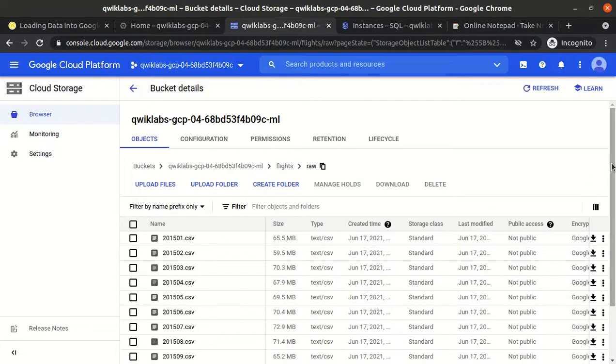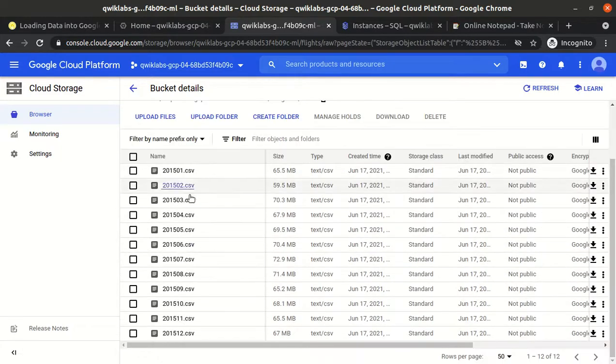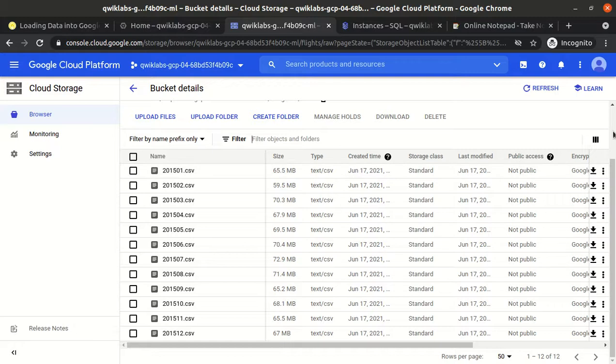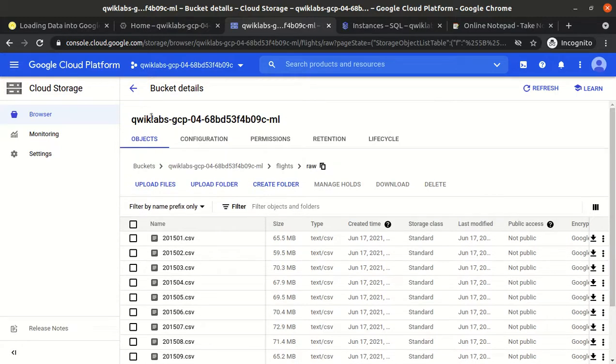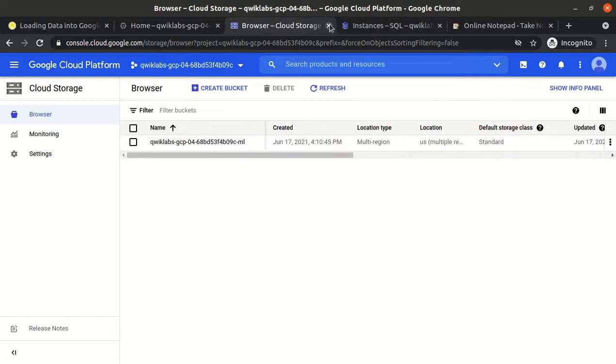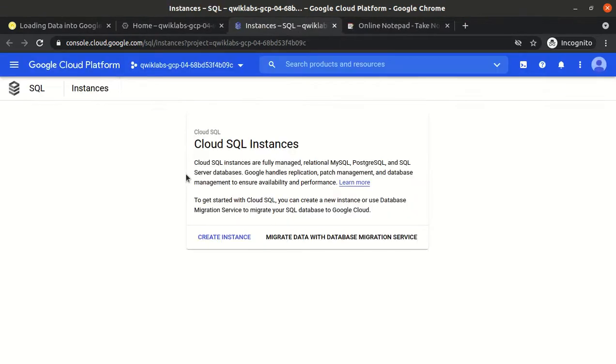As part of this lab we will read one or two CSV files and store the data from them into our SQL tables.